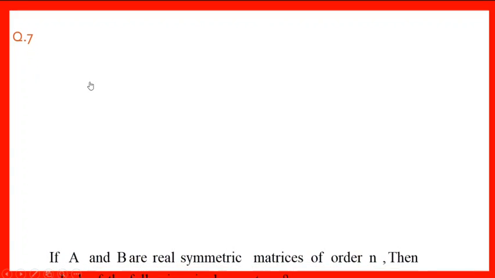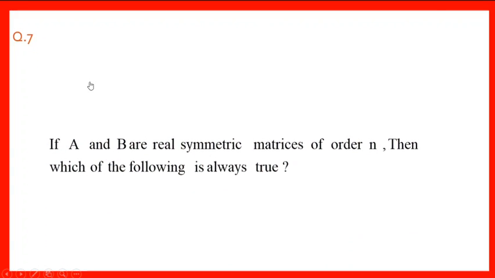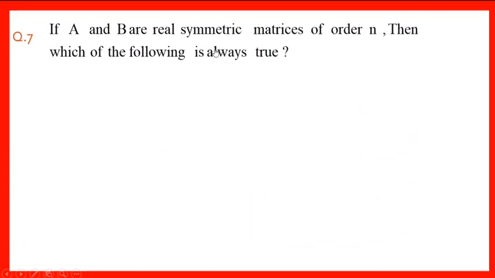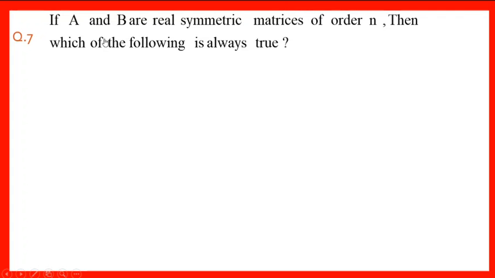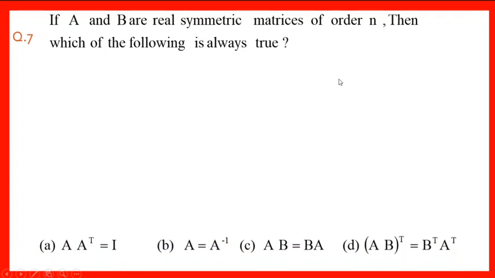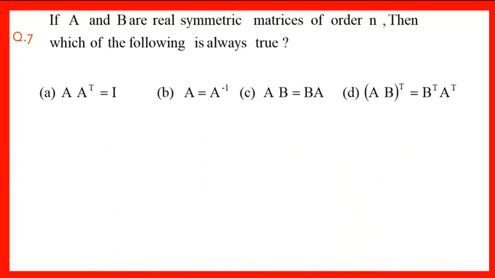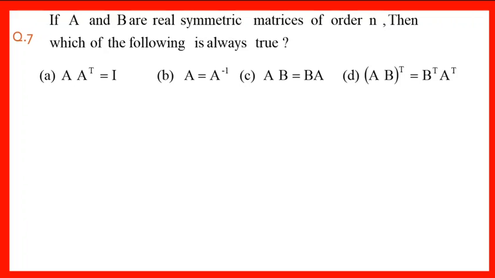Okay. So this needs to be done quickly so that you can solve the example in a couple of seconds. Let us have the next question. Let A and B be real symmetric matrices of order n. Then which of the following is always true? As I told you, real matrix means whose entries are real numbers, and symmetric matrix means A transpose is equal to A. Right? So these are the options given. We will have to find out which one of the following is true.